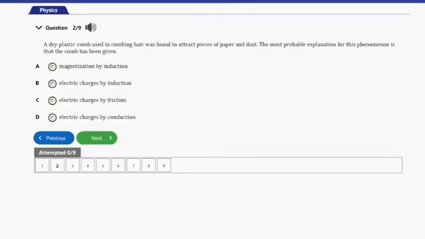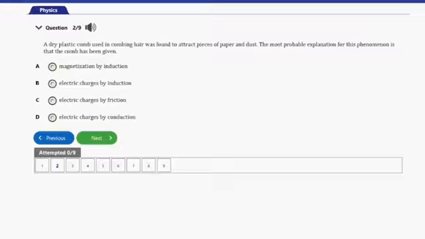So that's question number 2 here. It says, a dry plastic comb used in combing hair was found to attract pieces of paper and dust. The most probable explanation for this phenomenon is that the comb has been given A. Magnetization by induction,